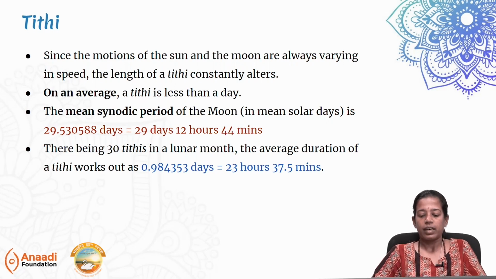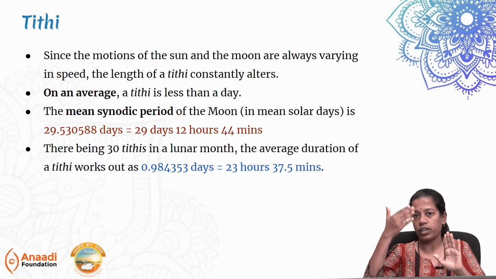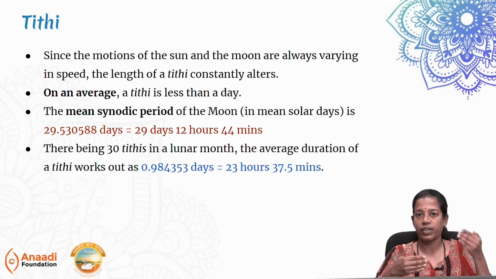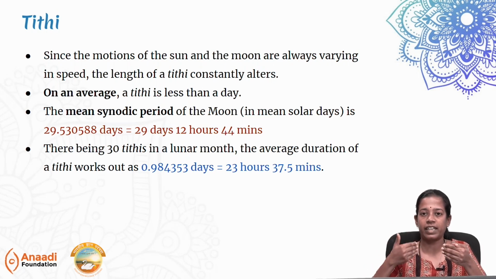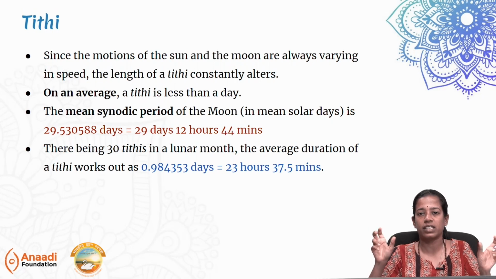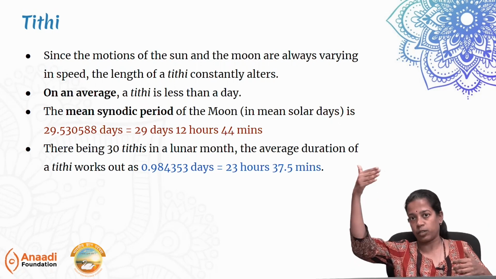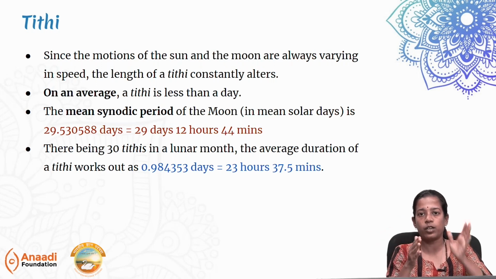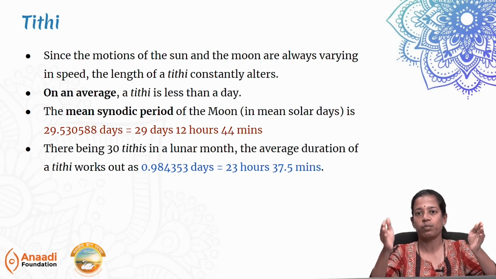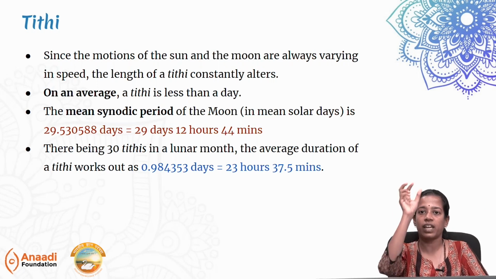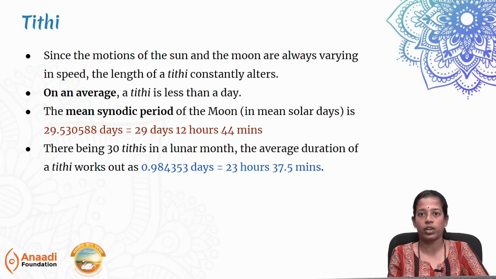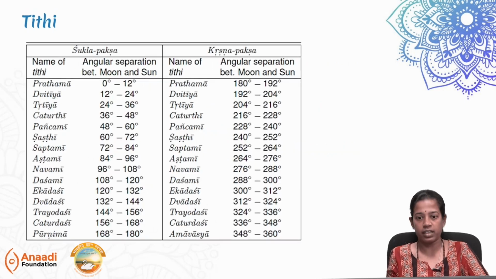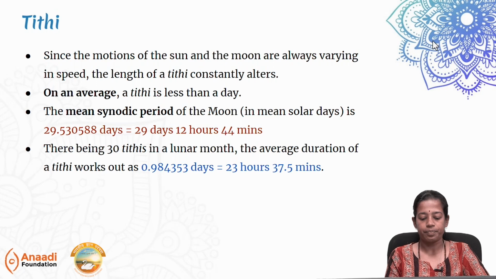So, Tithi calculation we have clearly seen. We have ordered each of the Tithi, each of the days, we have named them. We have ordered it based on the 12-degree difference. We will try to find the angular distance based on the Chakra with respect to the Rashi. Rashi calculation. We will try to find the longitudinal positions of sun and moon, find the difference. This difference, wherever we can place it in the previous table that we saw here, that is how the Tithi will get calculated. Okay. Now, we have seen the calculation of the Tithi very clearly.